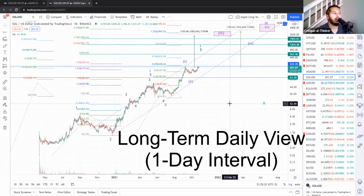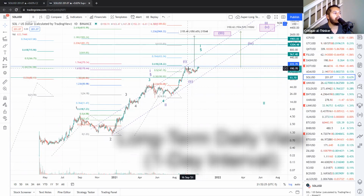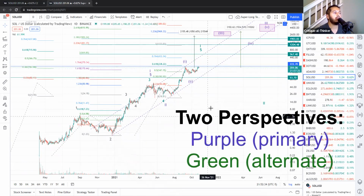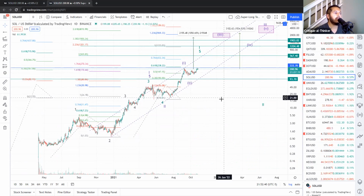In the big picture logarithmic chart, you'll see that we've had another shallow wave 2 retrace, and we do have 2 patterns present. So I will go over the more bullish purple pattern first because it more closely aligns with the patterns we're seeing across the crypto space. This pattern calls for our top back earlier this year in May of having been a 5-wave impulse top or a larger wave 1. And this rally that we just completed in September is a subwave 1 of a larger